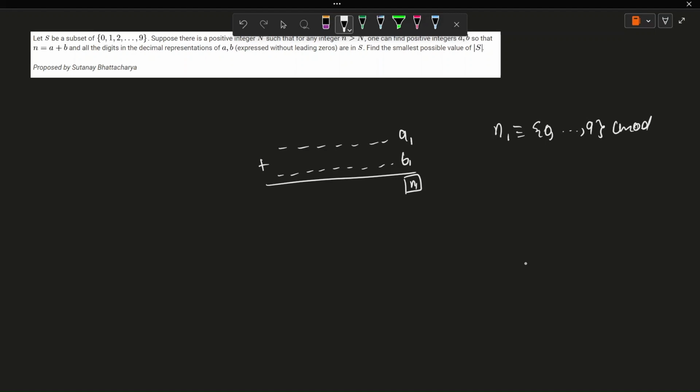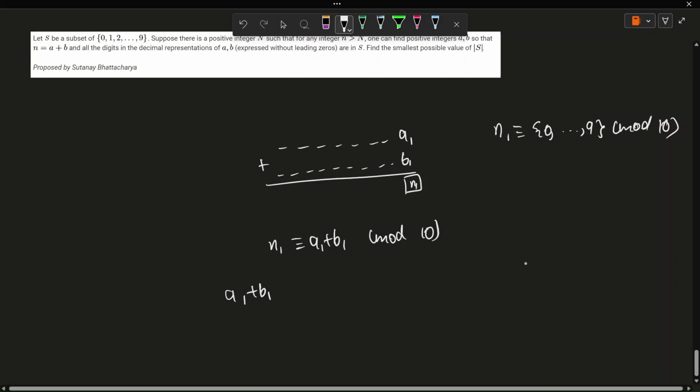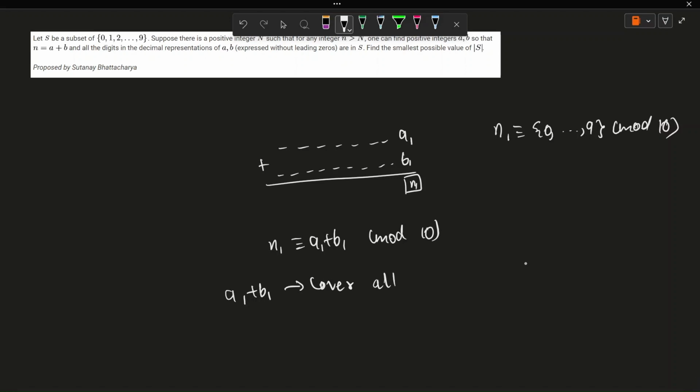Also note that n1 is congruent to a1 plus b1 mod 10, because only a1 and b1 influence n1. So this basically gives us that a1 plus b1 cover all values